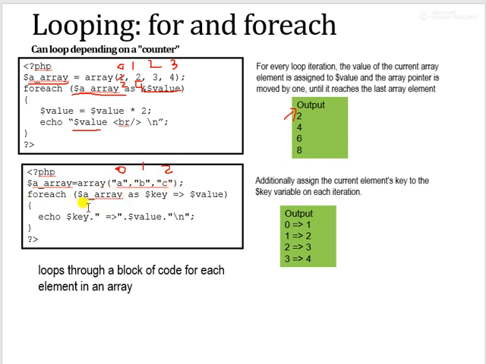So for each, okay, we want to display both key and value at the same time, then here we have to write something like this. If we want to work with both key and value, after as we write key value, and then when we display key, the key will display. For the first element the key is 0, so 0 will display, and then the value will be displayed, the value will be a over here.